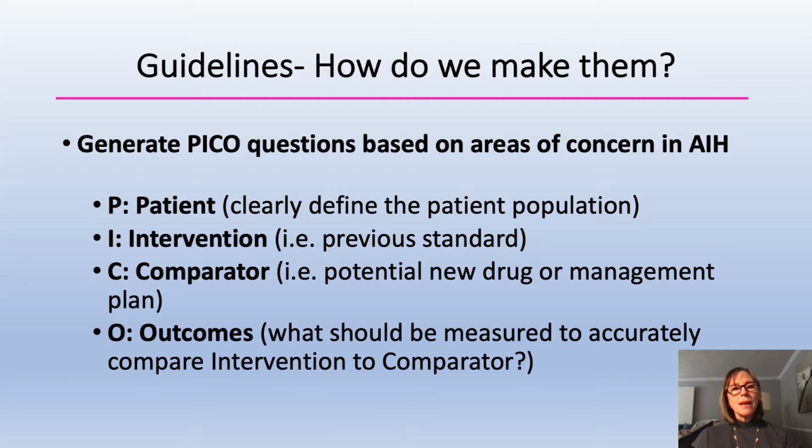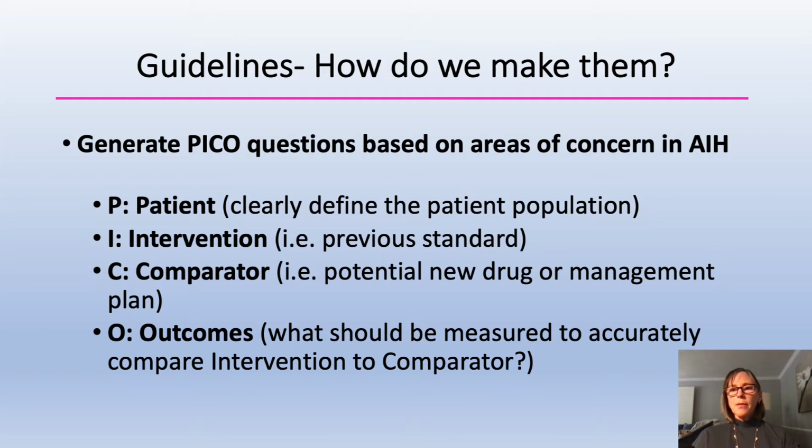Now, how do we make guidelines? The creation of guidelines starts by generating questions that will answer specific areas of concern. And the format of these questions entails 4 parts, and it's abbreviated PICO. P stands for the patient, and the question needs to clearly define the patient population, such as newly diagnosed autoimmune hepatitis. I stands for intervention,